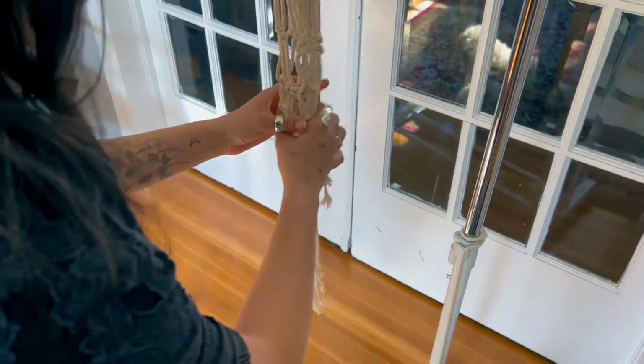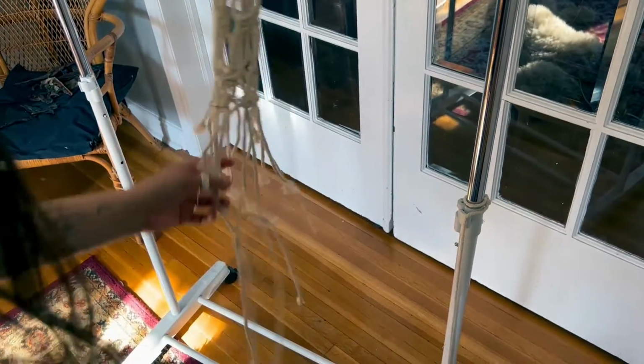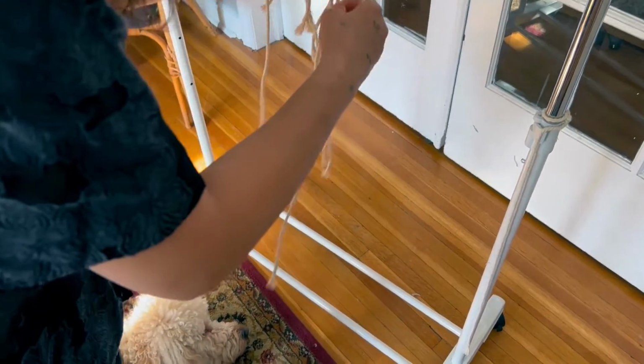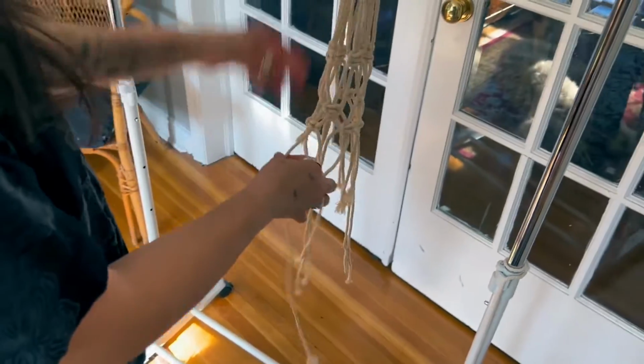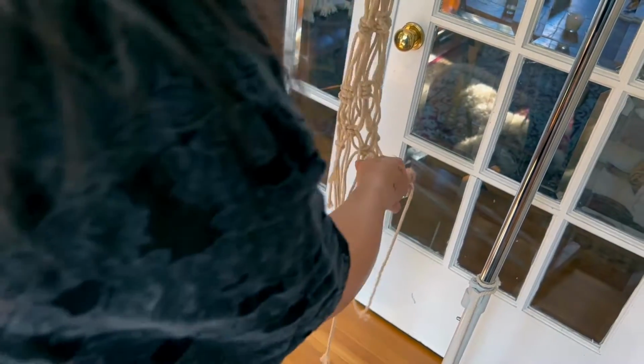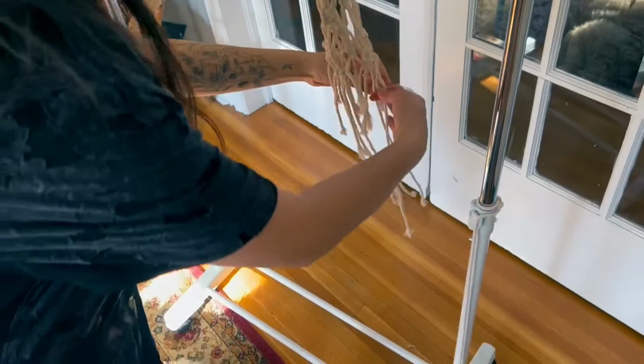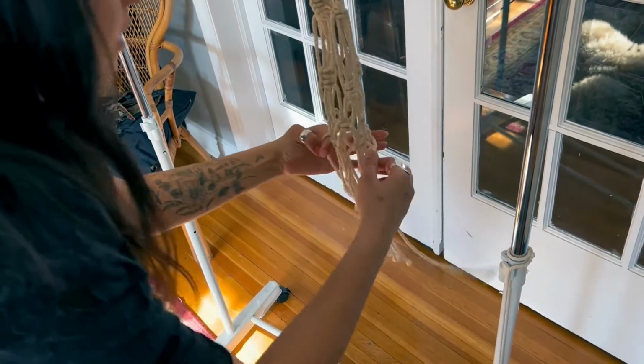So you're gonna join them together and finding your 2 longest cords, you're gonna pull those loose and see where they start. So these are my 2 longest cords. I'm gonna switch it so this is at the back. I just find it's easier to construct a knot if it's coming from behind. So you're gonna gather together all of the